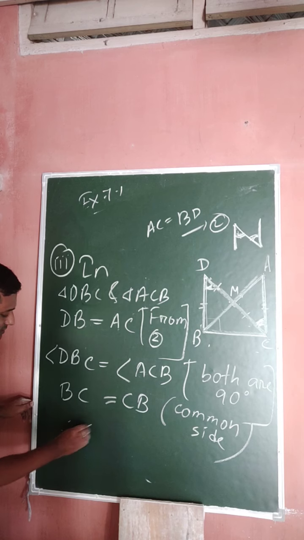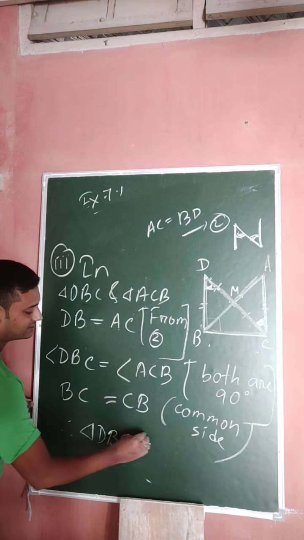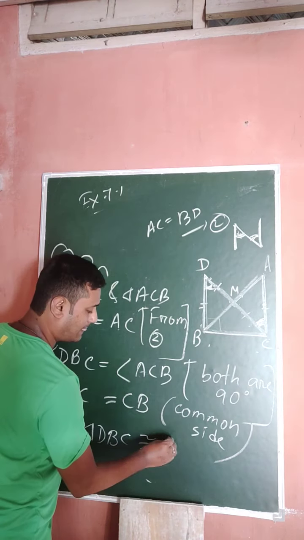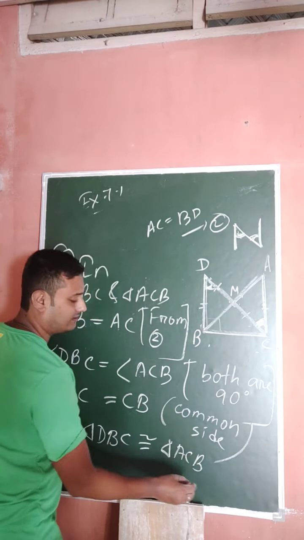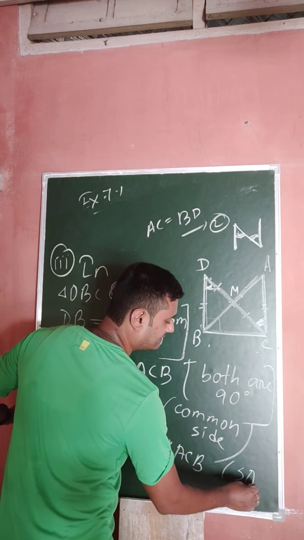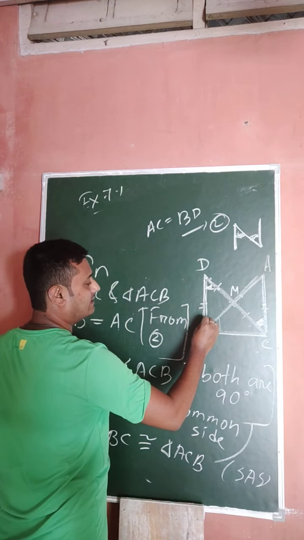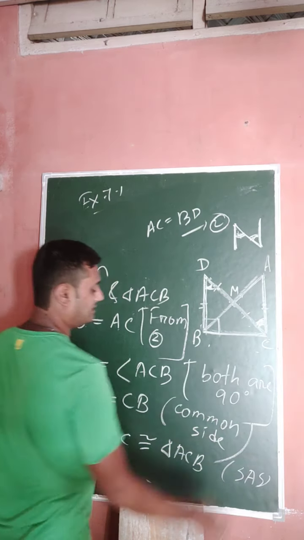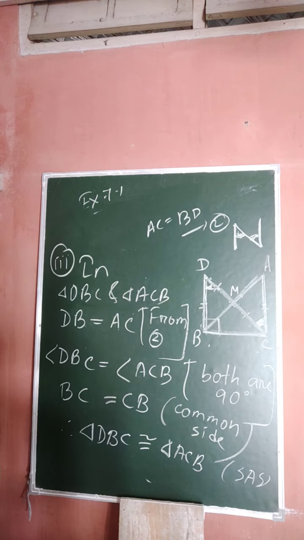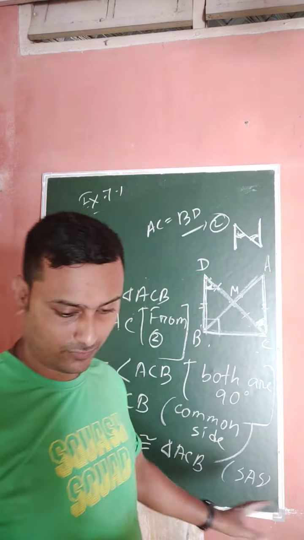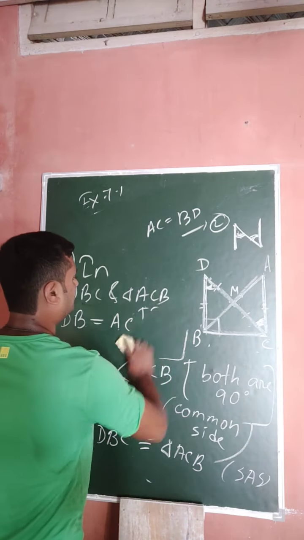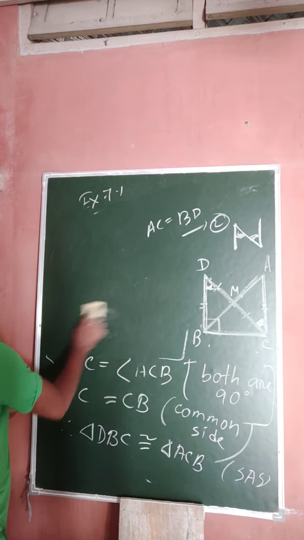Therefore, triangle DBC is congruent to triangle ACB, and within brackets the criterion is SAS. So the third proof is this one, and from this you have to write CPCT,